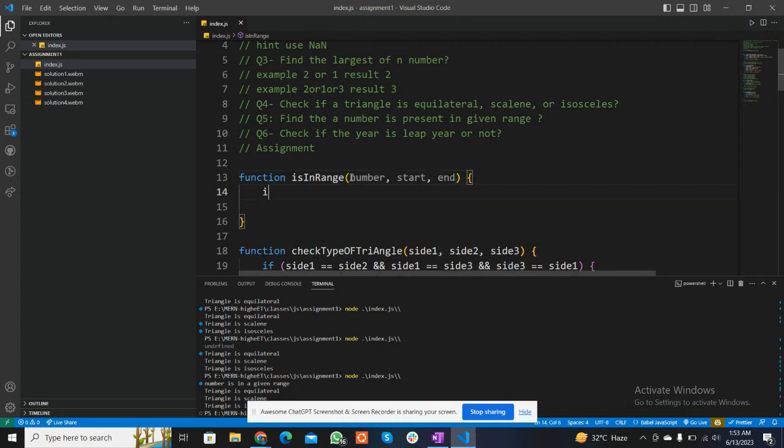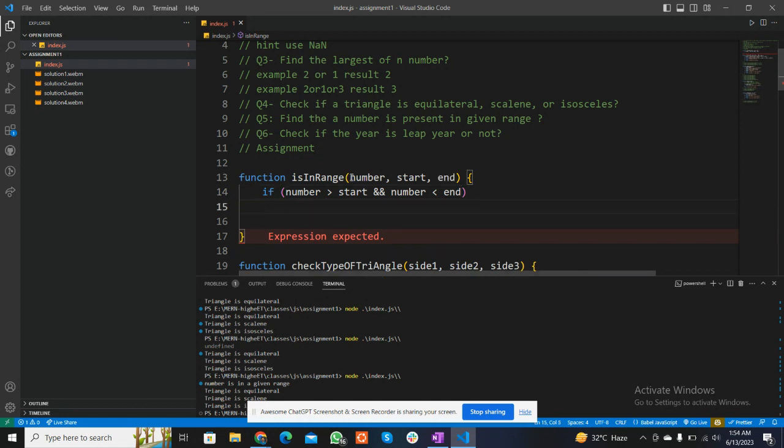Then we can check if our number is greater than start. Just greater than, not the equal, because we have to check if it is in between the range. It must be greater than start, but it must be less than our ending point. So we can check it. If a number is less than end,